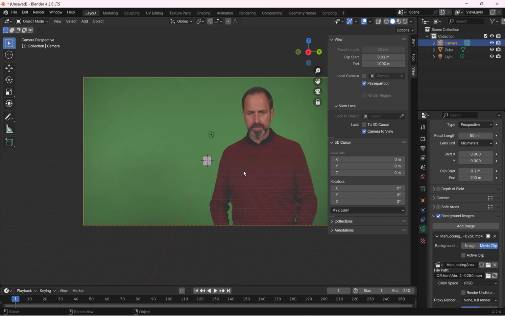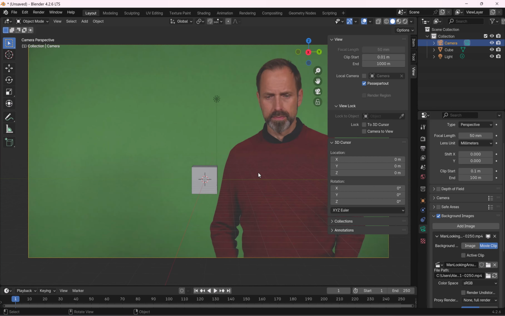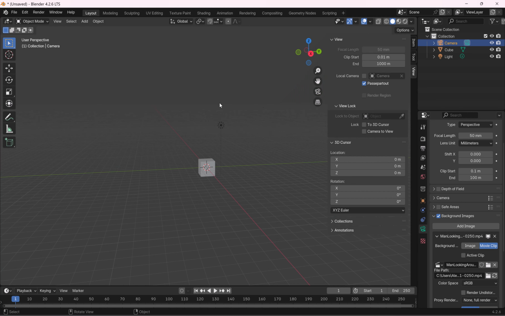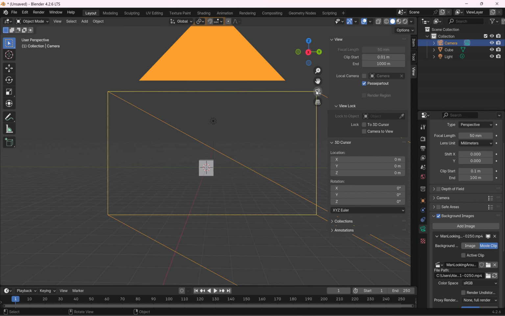if I scroll my wheel in and out, you can see that it's not updating like with the image, right? And that could cause us problems when we go to animate it. So that's why you want to turn off camera to view here. And now when I scroll my wheel in and out, it's going to lock it in. There's one issue, and this will frustrate you because it frustrated me when I was first learning this: if you click to rotate, it doesn't rotate. It just detaches you from the camera, even if you have it locked. So you always have to click this to go back in and see